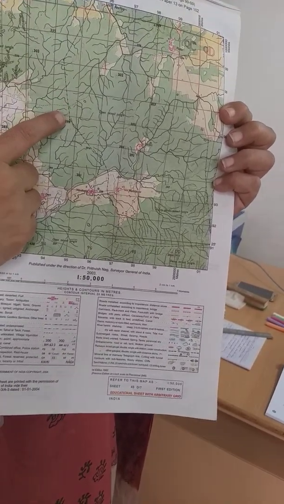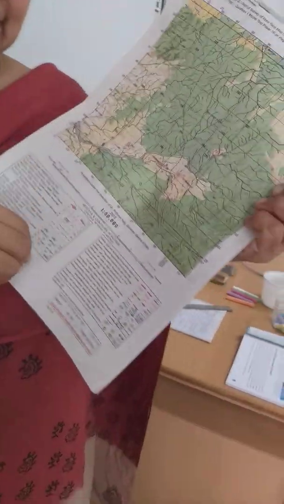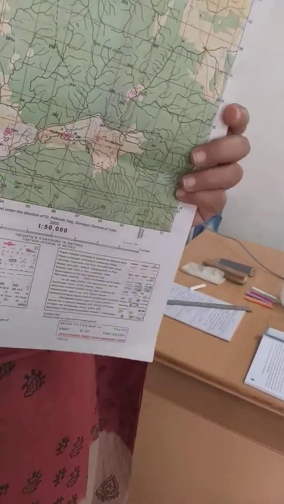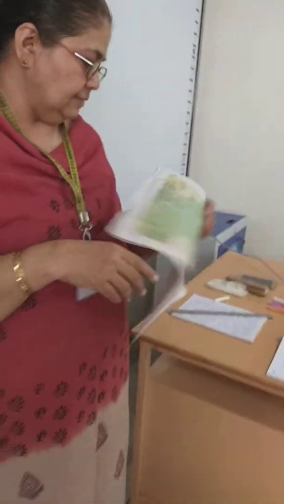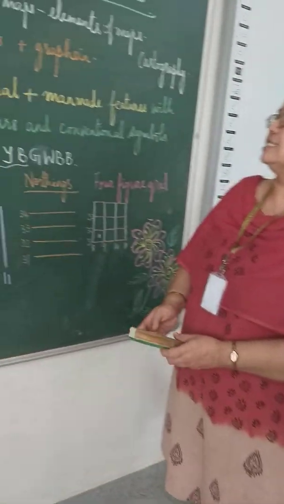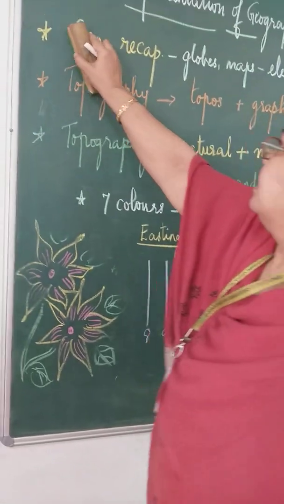Before we go on to contours, let us learn a little more about the scales of a map. So in class 6 and 7, we have learnt about the scales of a map, and we learnt that, I'll just write it over here,